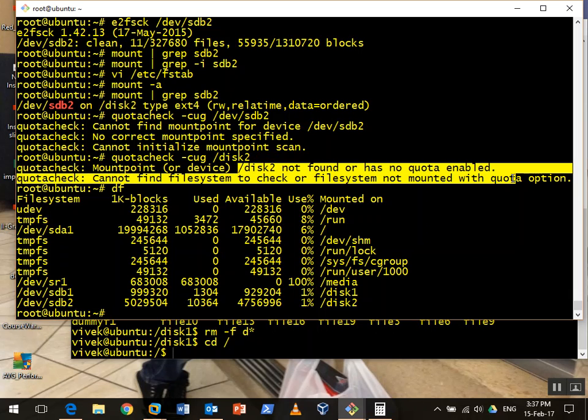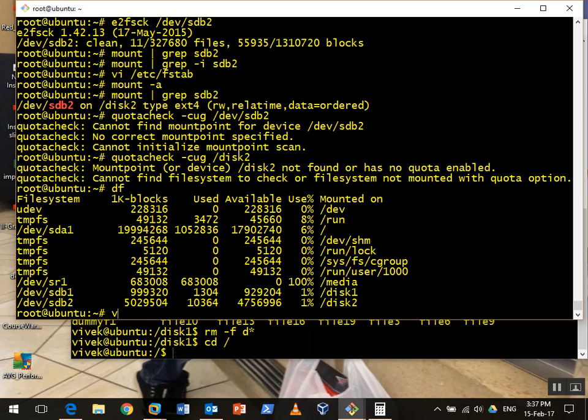So the first step is, I have to enable quota on my file system. This is something that I have to enable at my file system level. Unless I do it, I will not be able to get my quota checking there. Okay. So for this, what I have to do is modify my /etc/fstab file,